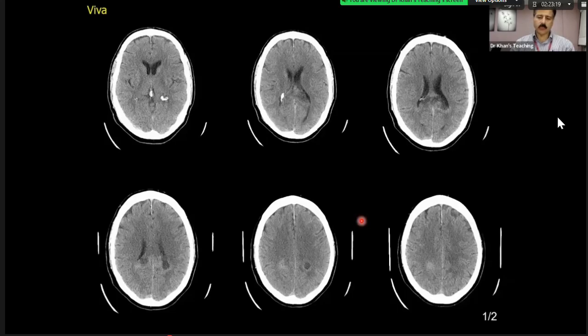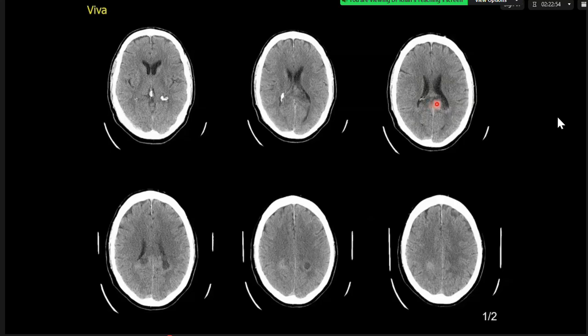Excuse me, I'll stop you here. My question is anatomy. You said that there is no involvement of the corpus callosum. If you see here, this is an axial slice, ventricle and ventricle. This is the lesion, it is crossing the midline. What structure will be where I am pointing out here, anatomically speaking? The splenium of the corpus callosum. Yes.